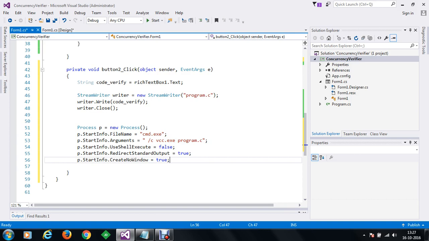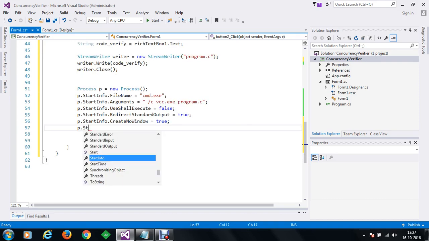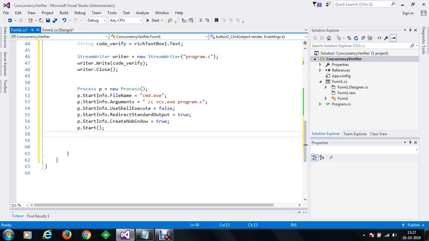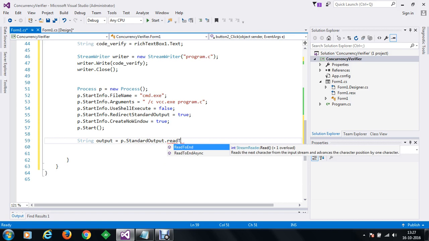Now, once we have set the properties, we are going to start the process, p.start. Once the process has been started, we are going to read the output of the process in a variable of string type, by doing something like p.standard output dot read to end.